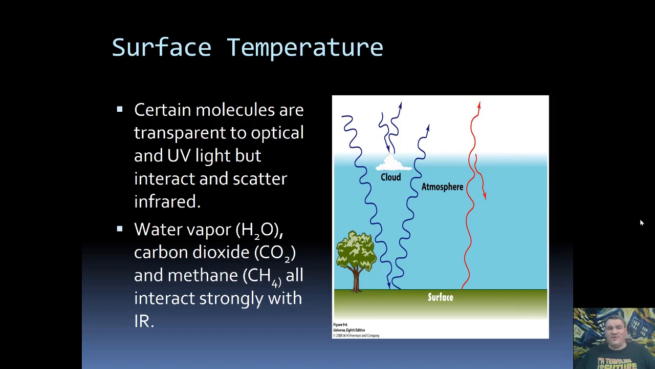I'm hoping you've heard of the greenhouse effect previously, but the general idea of it is that there are certain molecules in our atmosphere that are transparent to visible and ultraviolet light, but interact very, very strongly with the infrared. Some of these molecules are water vapor, carbon dioxide, and methane. So what happens